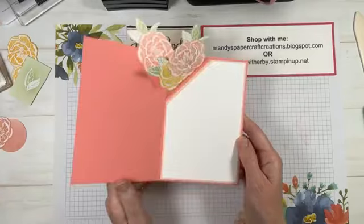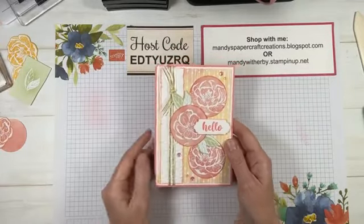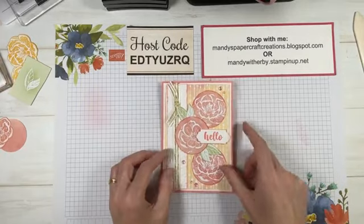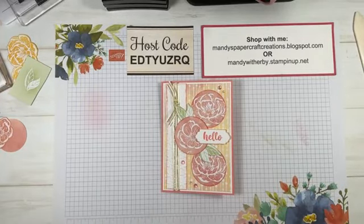So there you go. So look out for those online exclusive products in the online store because they are really beautiful. And you can just play with them in so many different ways. We've done a bridge fold card. We've done,